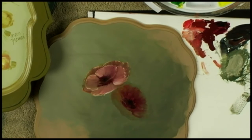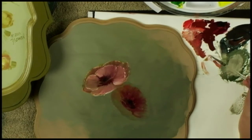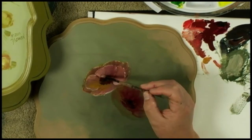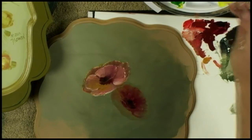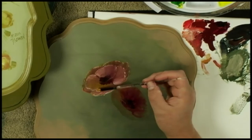Just like that, just a little bit of that in there. You can add other colors. Let's restate, maybe a little more yellow. Put a little more yellow now into this flower up over here. So as I then pick up a little more white and a little more yellow, as I come in and